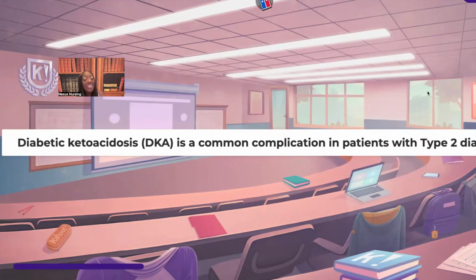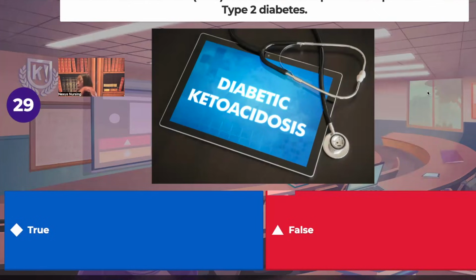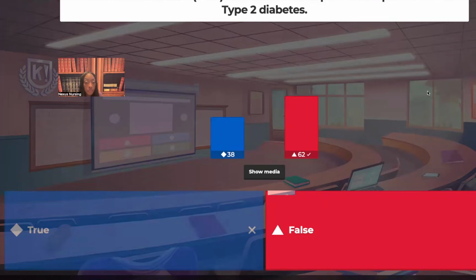True or false? Diabetic ketoacidosis is a common complication in patients with type 2 diabetes. True or false? DKA, is this a common complication in your type 2 diabetics? False. We see this more in type 1, and the reason for that,